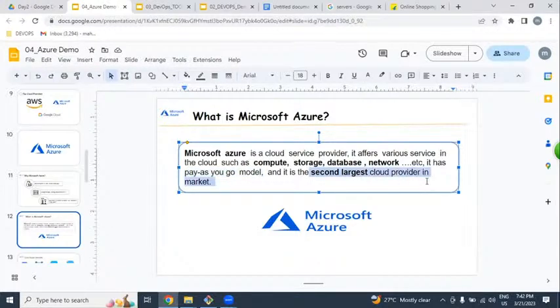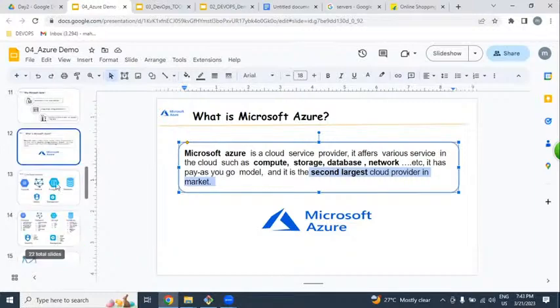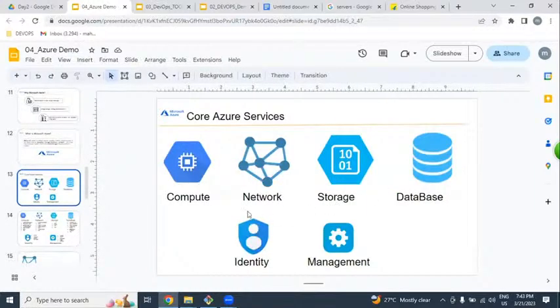The first is AWS, and the second provider is Microsoft Azure. By using computing power, we can get servers. By using network, we can create virtual networks, along with storage, databases, and management identity.